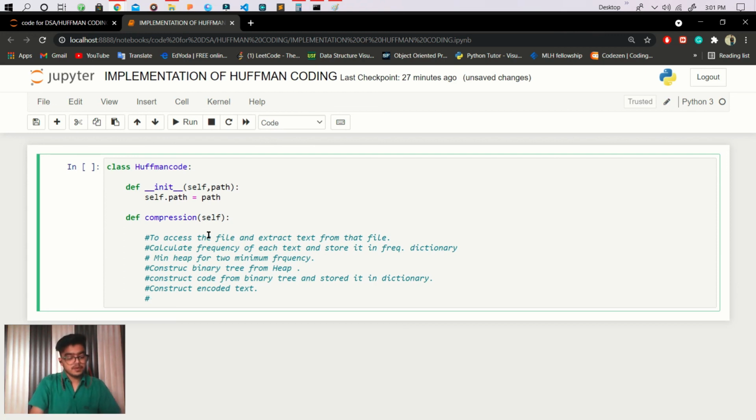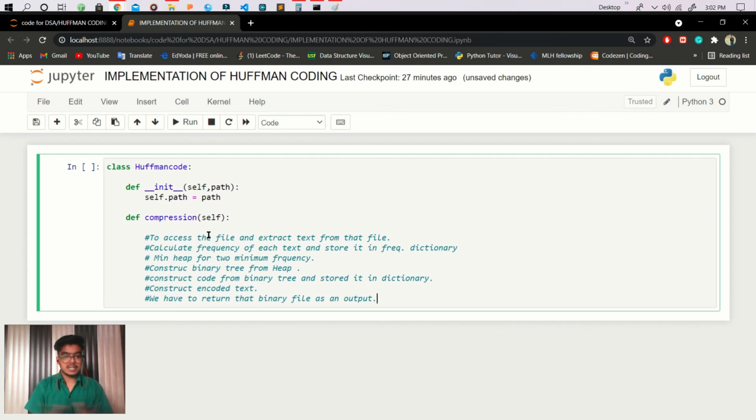So the last step is only one: we have to return that binary file as an output.